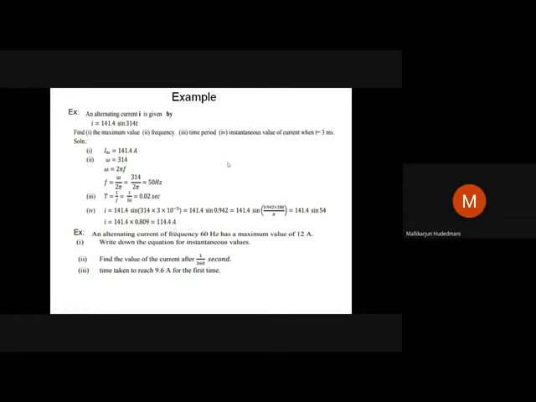Okay, let's see, at t equal to 3 millisecond, what will I be doing? In the expression, in the position of t, I substitute the given time. Suppose at t equal to, say, 7 millisecond is asked. At 7 millisecond, what will I do? 141.4 sine of 314 into 7 into 10 to the power minus 3, and operate this in the calculator. I'll be getting the respective answer. It's very simple.